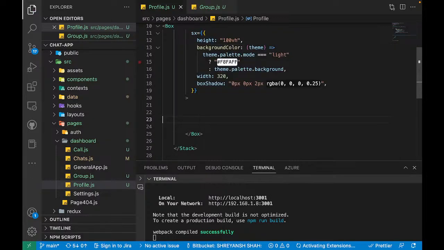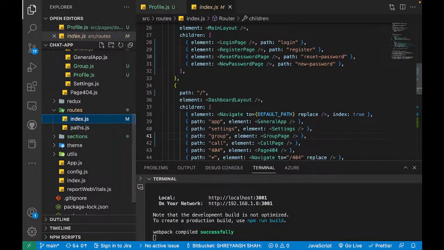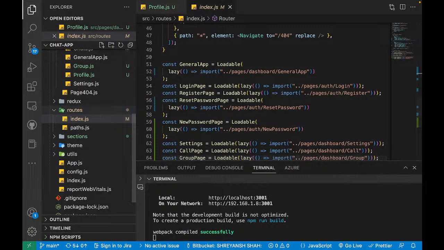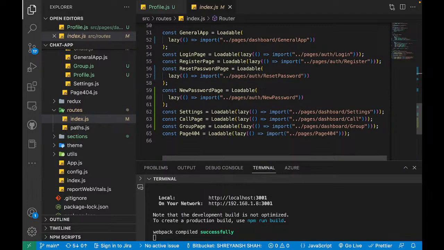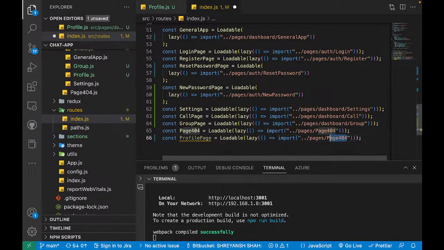Right, now after doing this, let's first of all combine this in the routes folder. So you can just go inside this index.js file. Then as usual we are going to import our page first of all. So here I'm going to write ProfilePage. Then we can just change the path here. So it's inside pages slash dashboard slash profile. Okay,